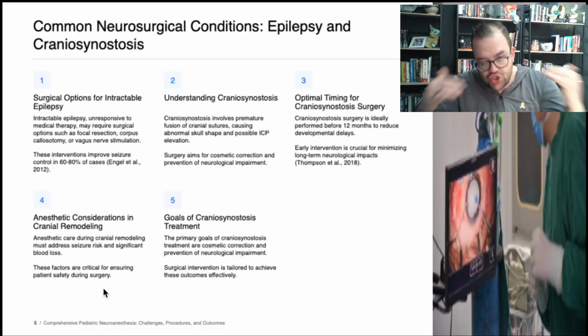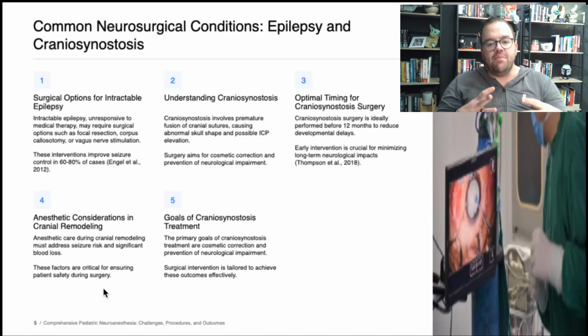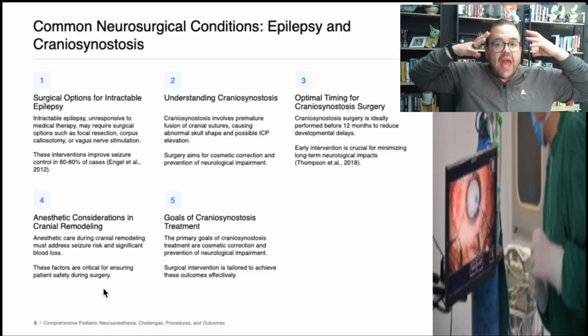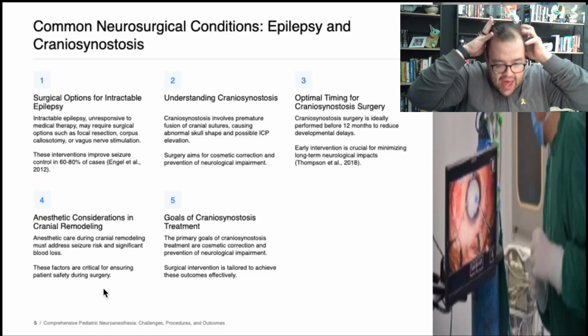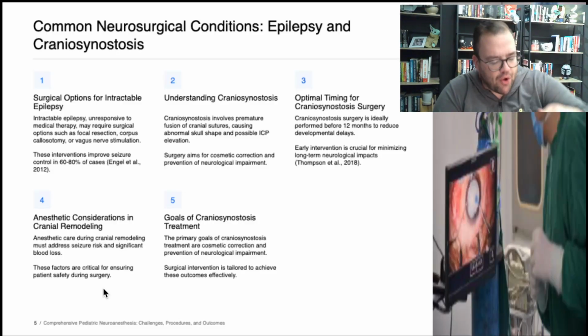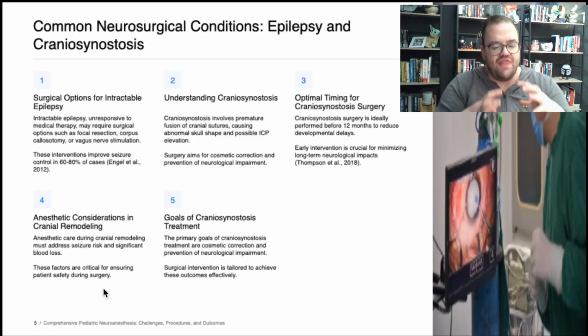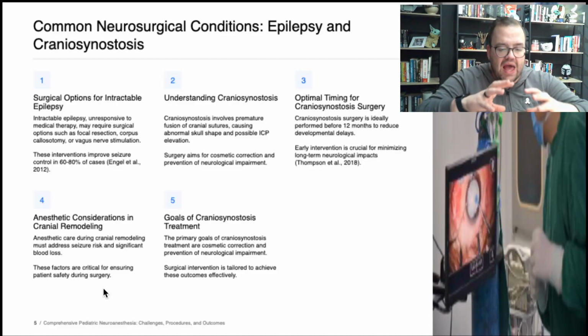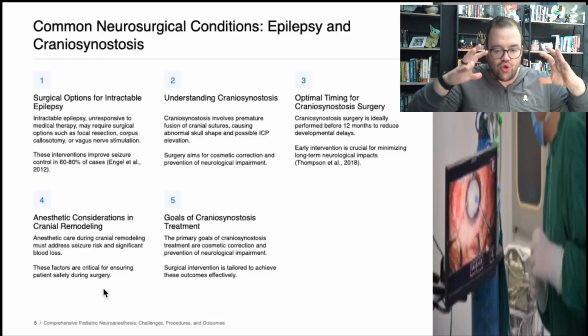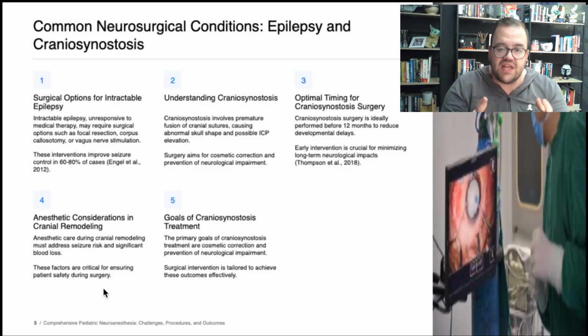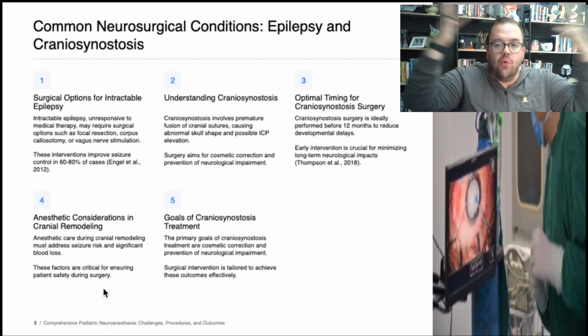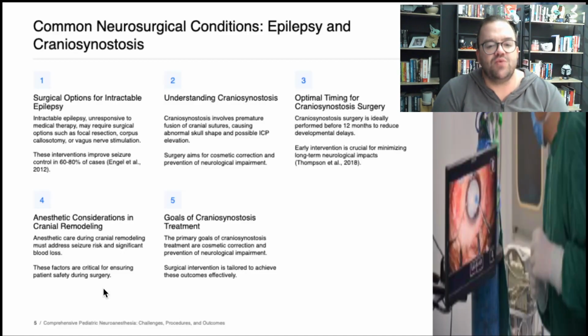The sutures are broken open, and the bone is placed with space in between it in the correct shape on a mesh kind of framework that the bone is screwed onto. And that normal shape, with spaces between the bones, allows the head and the brain to grow to normal size, and then those sutures fuse at a normal age and allow normal head development,